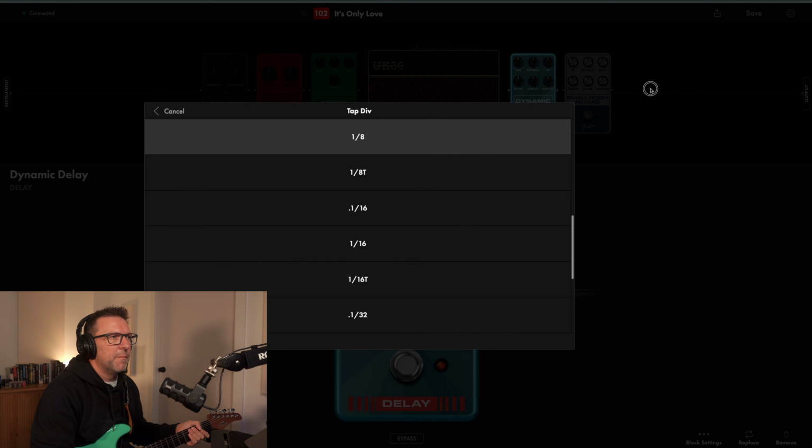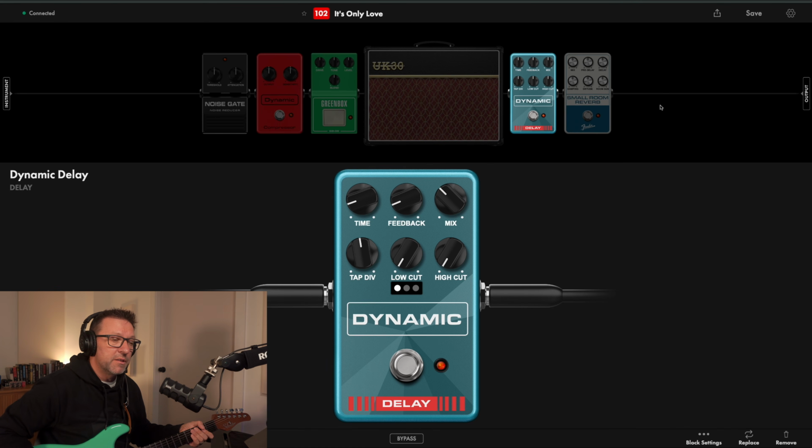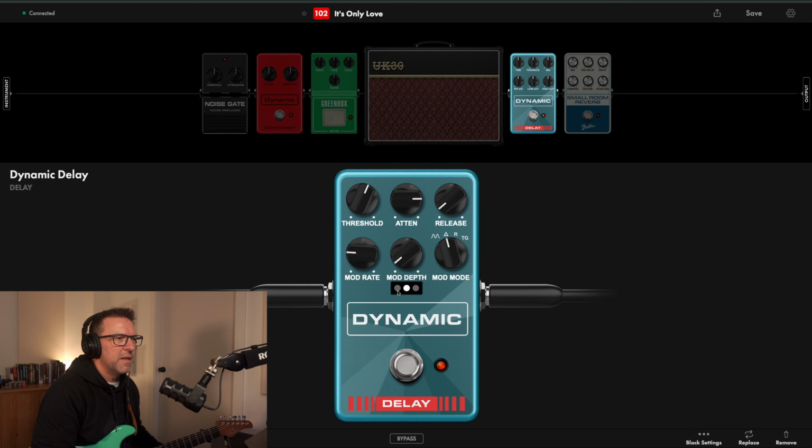The tap division is controlling the speed of the repeats, the time, and then the feedback could drop a little bit. It just sort of does one, two, like that. The reason I'm using dynamic is that it's a ducking delay, so it gets out of the way while you're playing, and then you hear those repeats. I'm not going to mess with the other settings just yet.